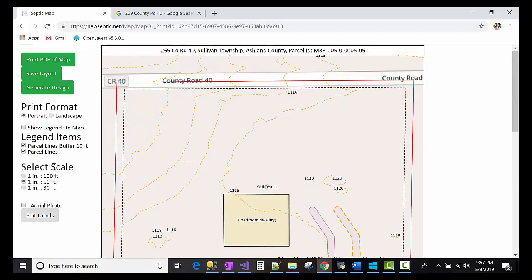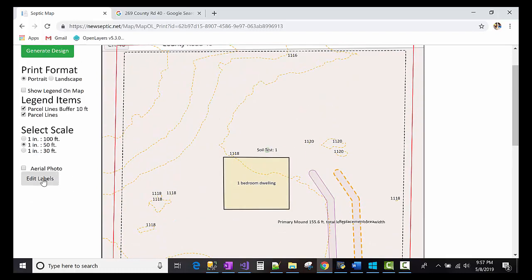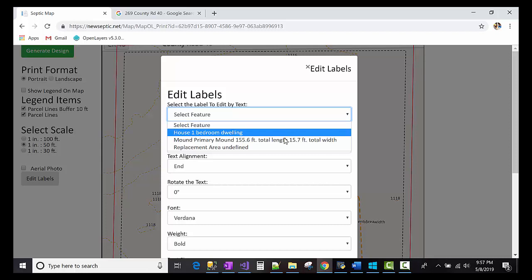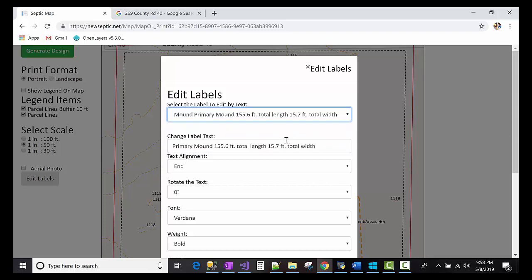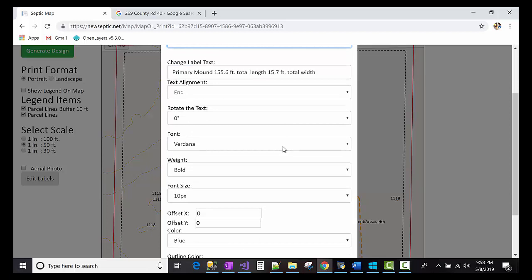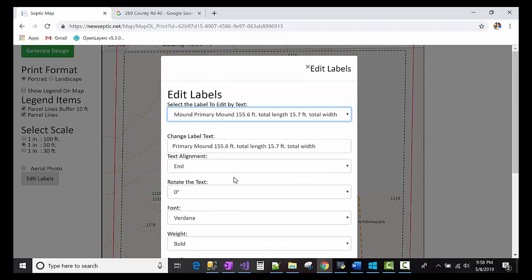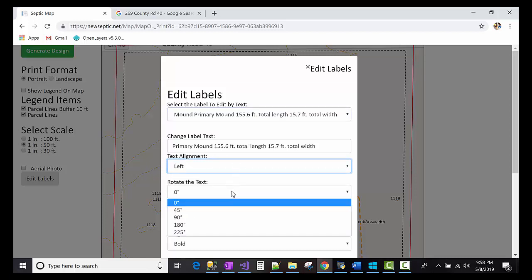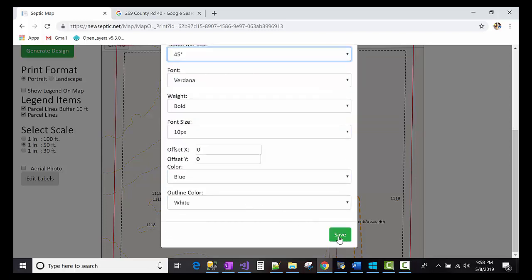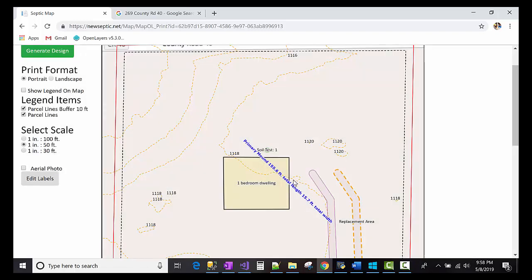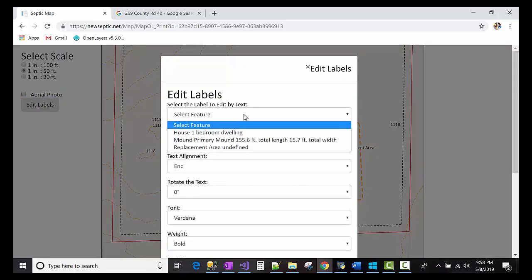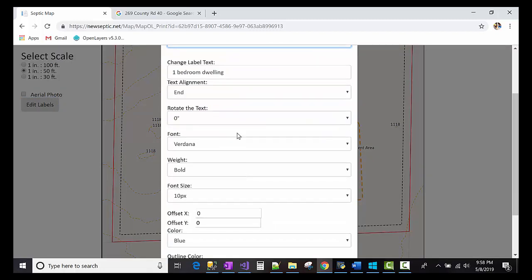you can get the automatic scale, which is 1 inch equals 50. So you can edit the labels, like you can select the feature you want to edit to make it look a little better. It automatically selects like a blue color with a white outline, which I think looks kind of nice. So you could say like, well, let's align this left, and then we'll put it at a 45-degree angle. So here it's kind of a little bit out of the way, and I would actually angle it down a little bit. So you could select that again,